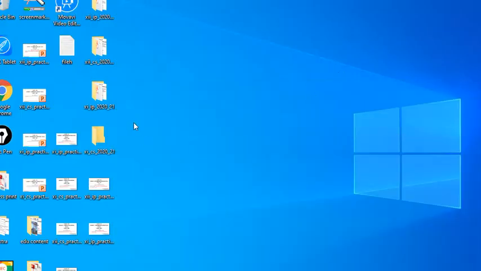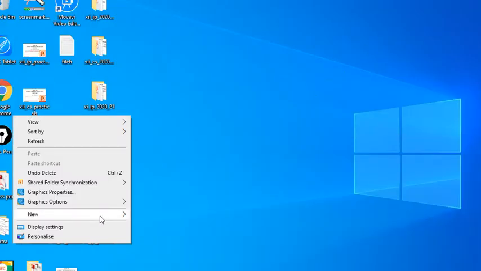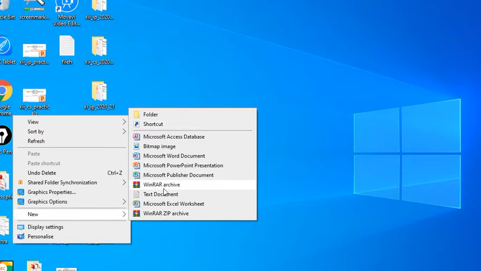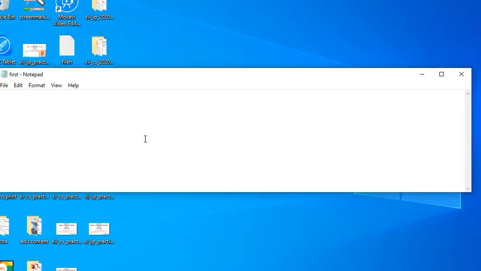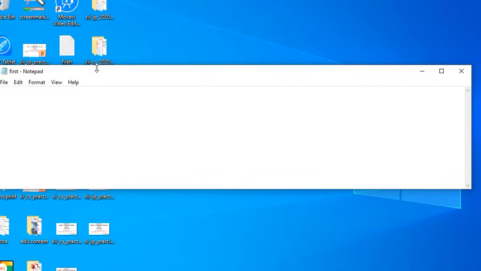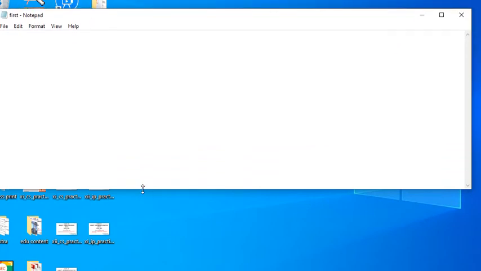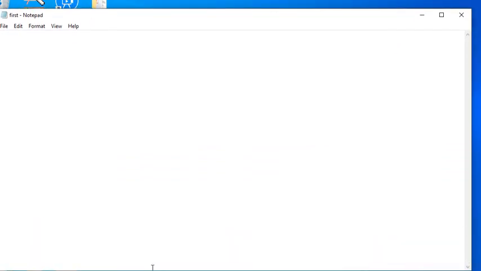I am going to my desktop and creating a new text file, let's say first.txt. Don't write txt, it is a text file by default. In this file I am writing content of your choice. Let's suppose I am writing, this is a demo file.